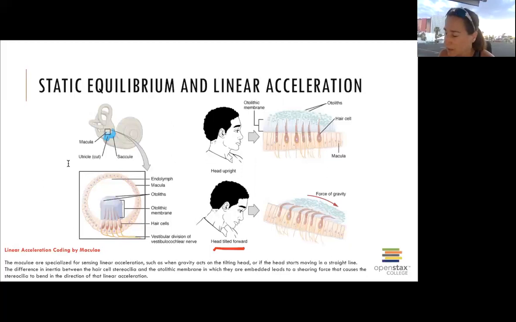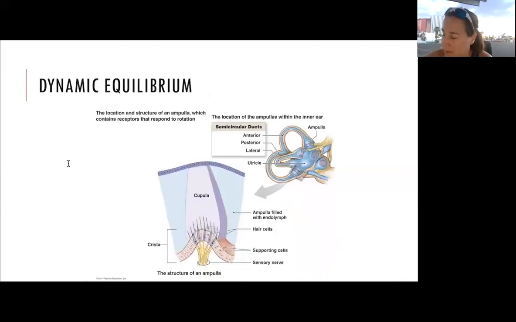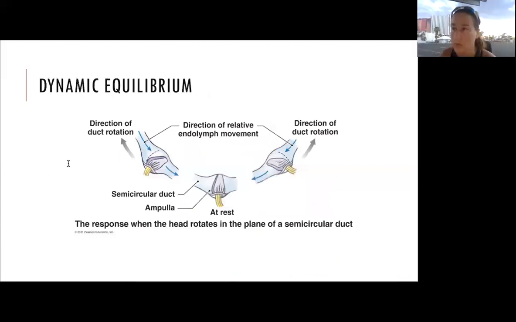Here's a close-up again of that membranous labyrinth. This is what helps us directionally. So we have these canals, and we have one going this way, and one going this way, and one going this way. And we can tell, you know, up or down, right or left, depending on these guys. So these are going to help with dynamic equilibrium. With our semicircular canals, we have the endolymph, the fluid that's in there, and it's going to move, and if it moves, it's going to trigger